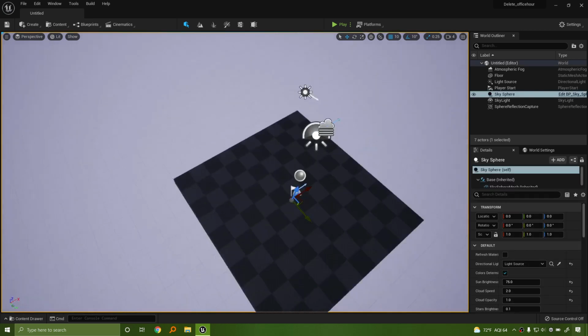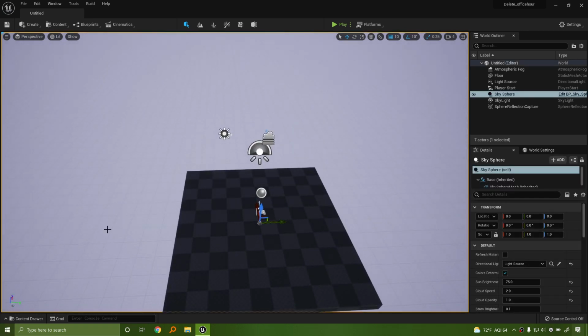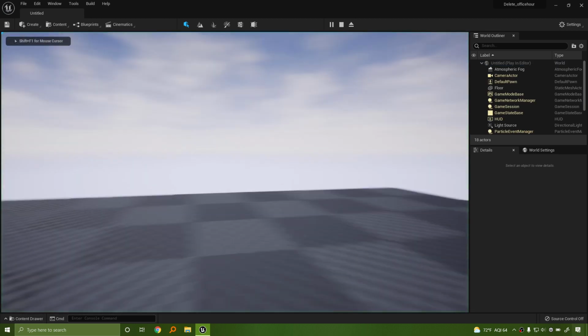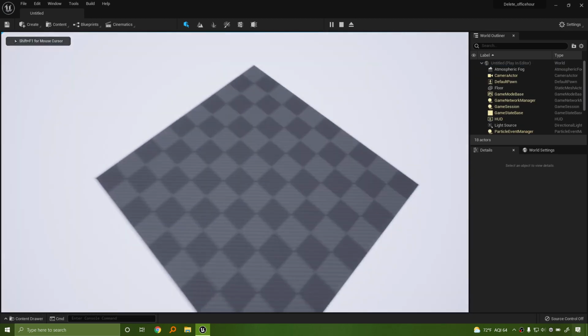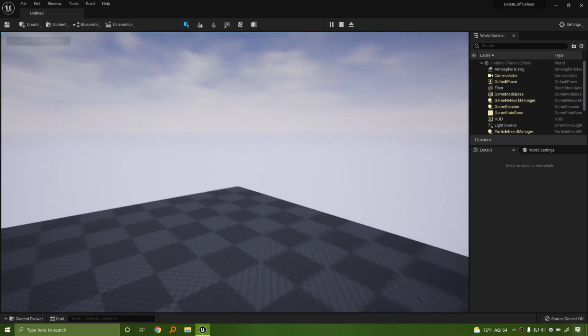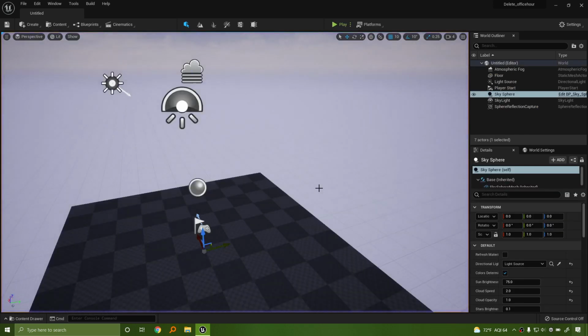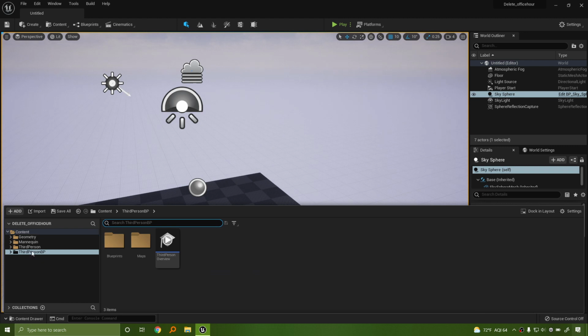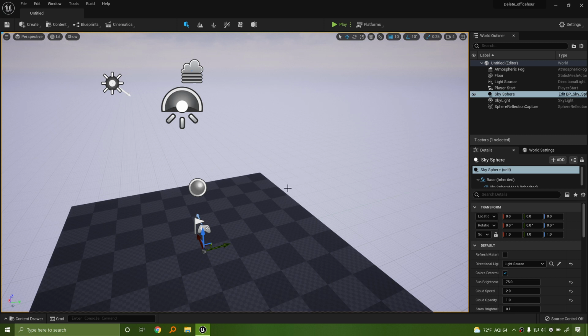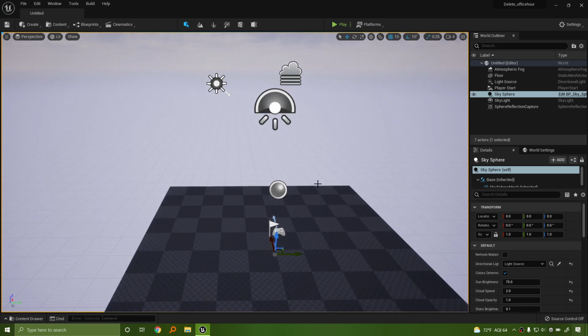But here is the problem. We added that, and if we hit play, we'll notice that there's no change. Now this is something that I was going to introduce in the blueprint section, but I feel like it might help now. Didn't we just add another game mode? We did. We added the third person character. Why isn't it working? By default, the engine doesn't automatically switch to it.